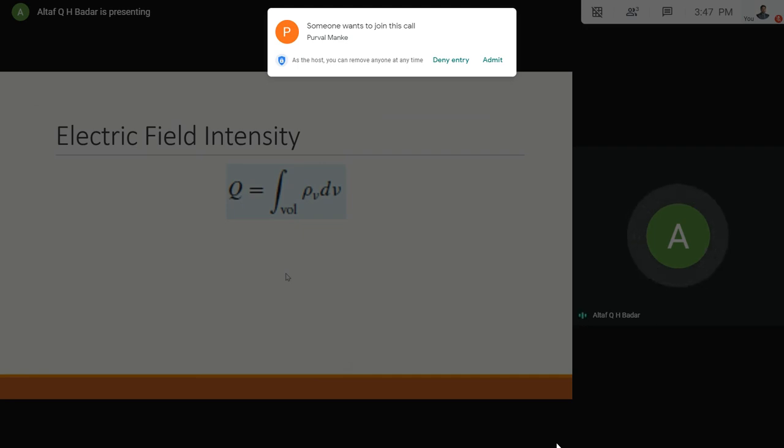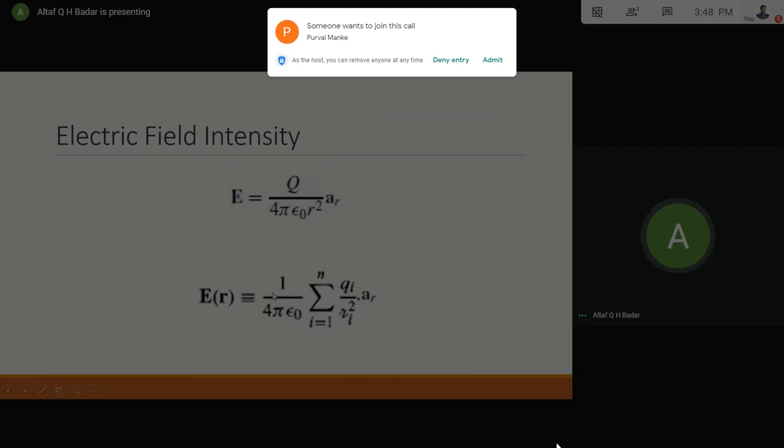And what we saw in the previous slide was simple Qs, where simple individual charges were present. What will happen if we have got a particular combination of charges? So we get the second formula in the previous slide, this one. This is the formula that we get. But what if this combination again creates a certain specific volume or some kind of an object? Then what do we do?